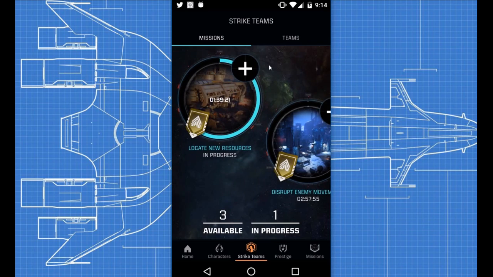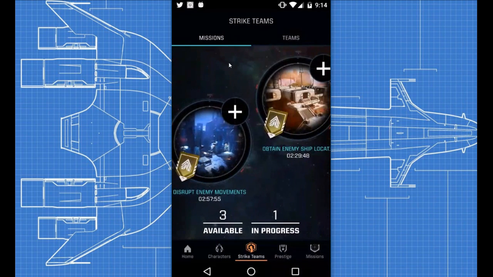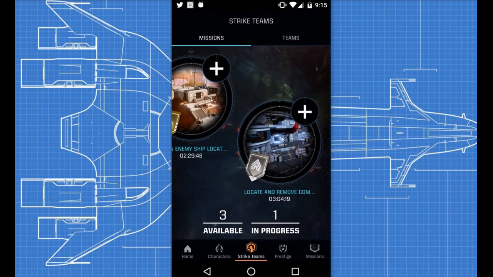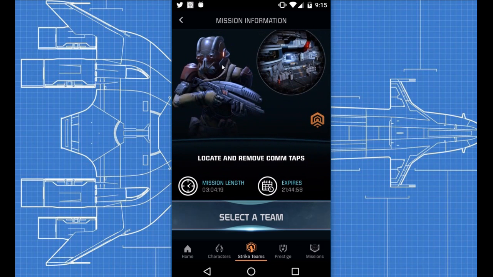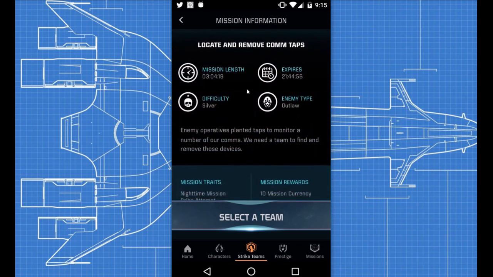Let's see. Let's go send a team on a mission, shall we? So I saw a silver one over here. That's locate and remove comm. Let's find out what the rest of that says. Locate and remove comm traps. So the enemy here is